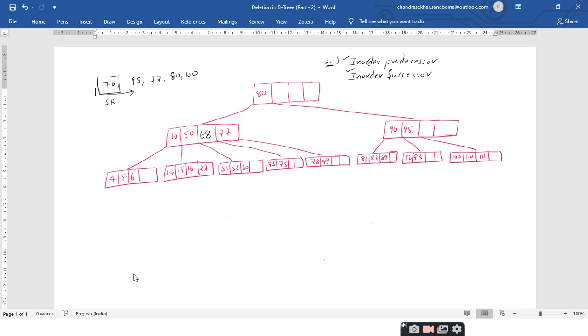By moving the in-order predecessor, it is not going to change the properties of the B tree. You can observe here that the elements towards the left side of 68 are still less than 68 and the elements towards the right hand side of 68 are greater than 68. So there is no change in the B tree property. Is it clear?